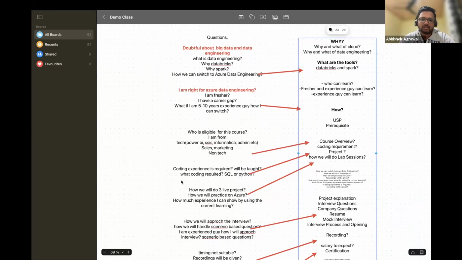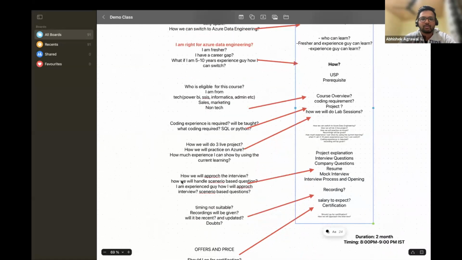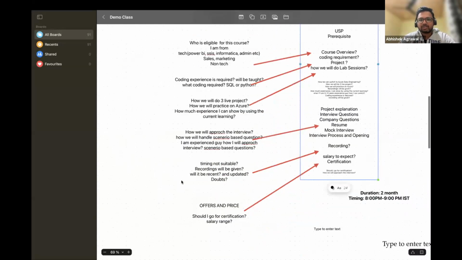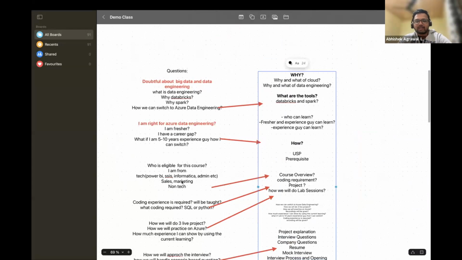Then, coding is required, how much coding is required? How will we do the live project, where will we practice? How will we gain the real-time experience, how will we approach the interview, how will we handle scenario-based questions? And then, will recordings be given or not? These are all the questions which Karthik has probably already covered, that recordings will be given and all of that. So I will go through each and every question one by one and explain